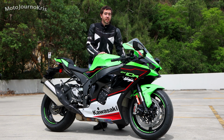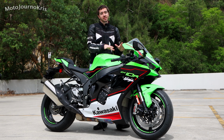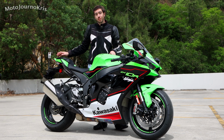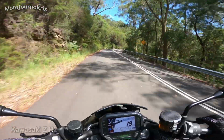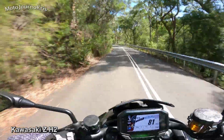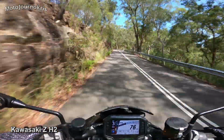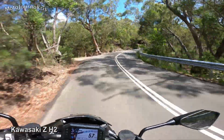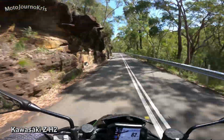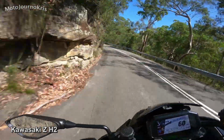Both of these bikes have a really nice suspension setup on them. Obviously fully adjustable, really sporty setup on the ZX-10. I found it a little bit harsh on the rear. It's possible you could adjust that out, but also being a sports bike, it's more designed at that hard-nosed kind of really, really sharp handling, and it certainly achieves that. It does, in my opinion, have a bit of an edge over the ZH2 in the sharpness of the handling. But where I preferred the ZH2 was there was a little bit more suppleness in the suspension, particularly at the rear,